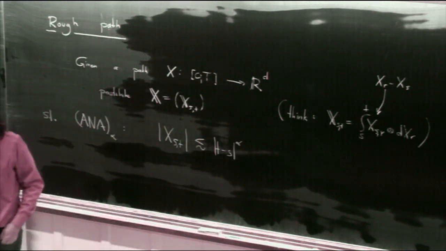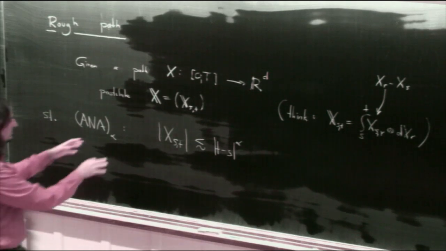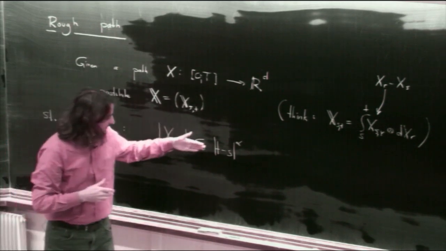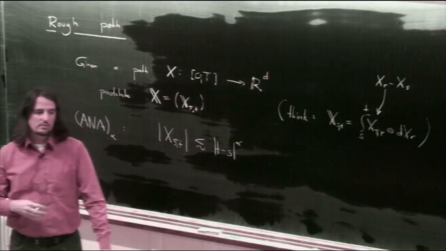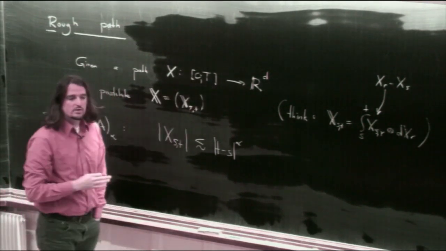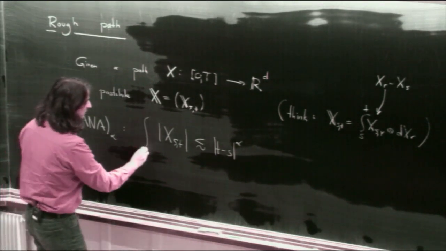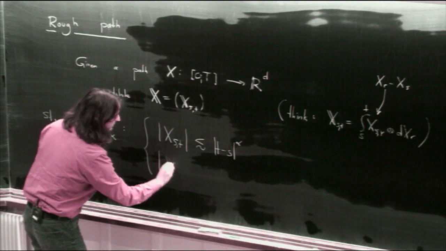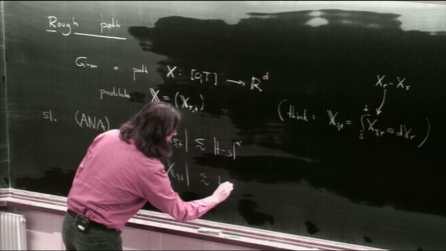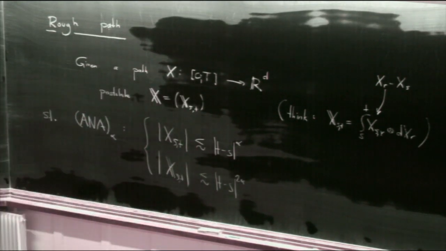If you look up my book with Martin or any other lecture notes, of course, this is spelled out, and you can write it as there's a constant here, and you want this uniformly over s and t in your interval of consideration. But this is good enough for Blackboard. And then, of course, the same for the second order increments, |t minus s| to the 2 alpha. And alpha